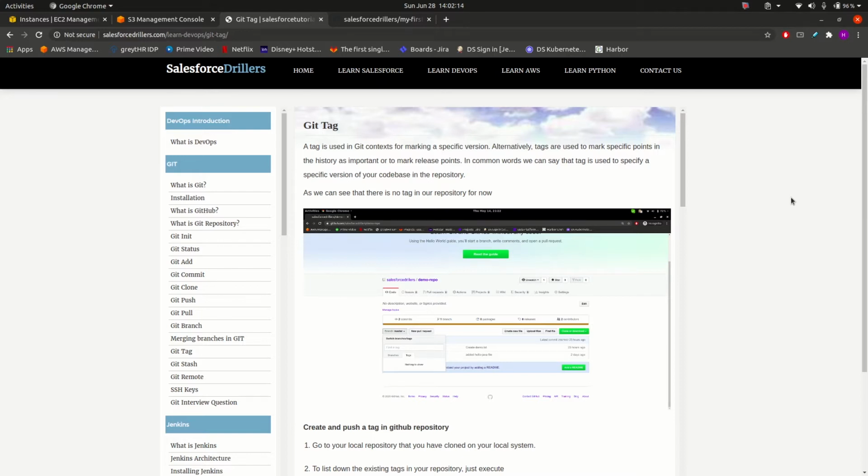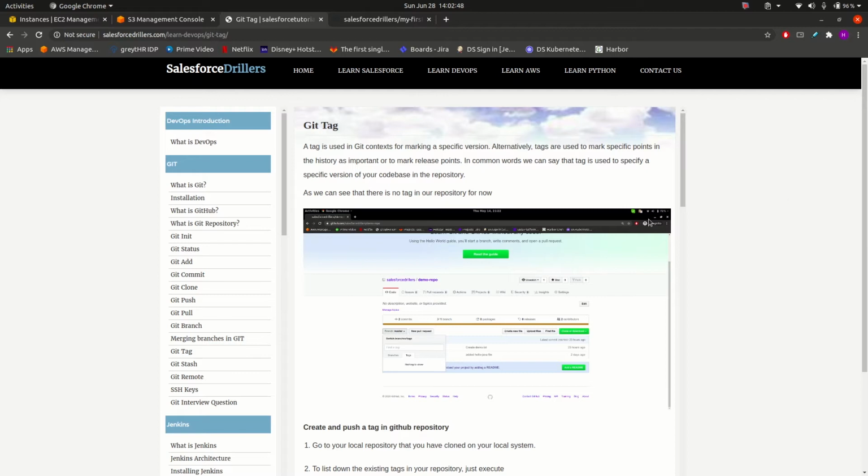So guys, a tag in Git is used for marking a specific version in the code base, or I can say it is used for freezing a code base, meaning no new changes can be pushed to a tag. Both branches and tags are essentially pointers to a commit, but the big difference is that a commit in a branch points to new changes as we add new commits, and a tag is frozen to a particular commit to mark a point in time as having a certain significance.